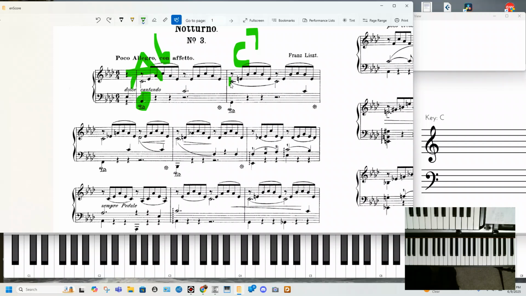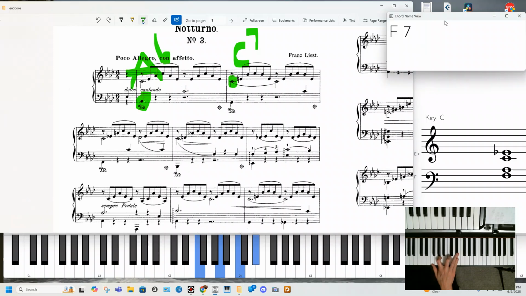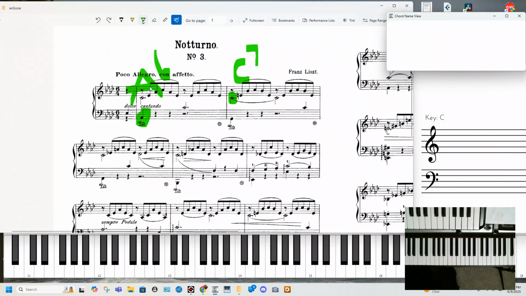And so the root is actually the C note here. And then moving on, our next chord, we have these notes, which is a particular voicing, the A displaced up an octave of an F7 chord, right? So here we have F as the root, so we have F dominant 7,